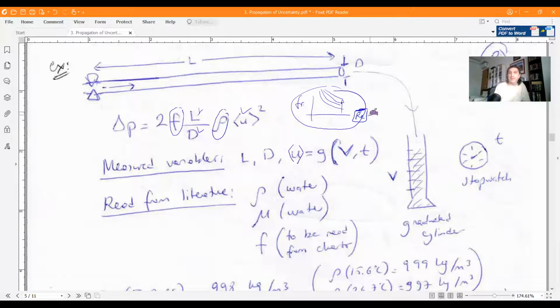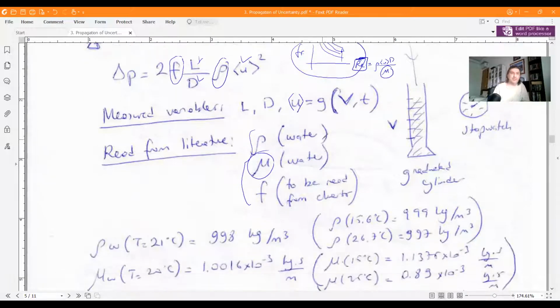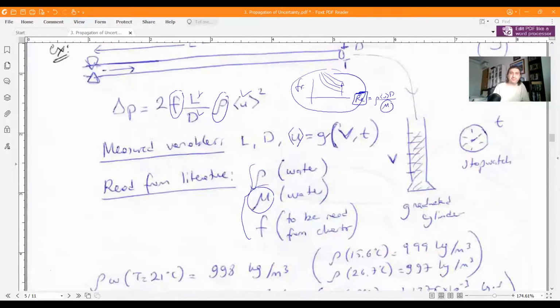Therefore, we need to find the Reynolds number, and in the Reynolds number we have average velocity, density, and diameter over mu. So additionally, we need mu of this flowing fluid, which is water, and we are going to read that value also from the literature. So three values are going to be basically read, and three variables will be directly measured. So let's start with